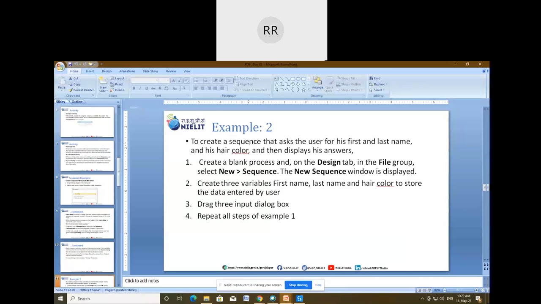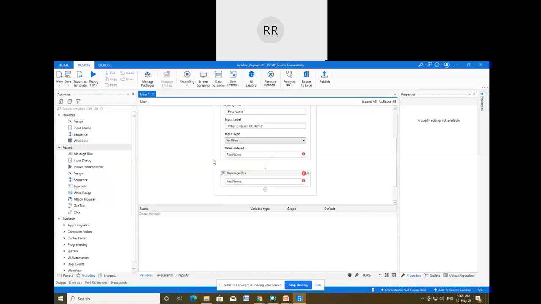In this example we have to get three different inputs from the user: first name, last name, and his hair color. So we take three input dialog boxes and connect them in linear succession. Then we create three different variables that can store the three inputs provided by the user, and then we display the first name, last name, and hair color with the help of a message box. That is the example, and now I'm going to do it.